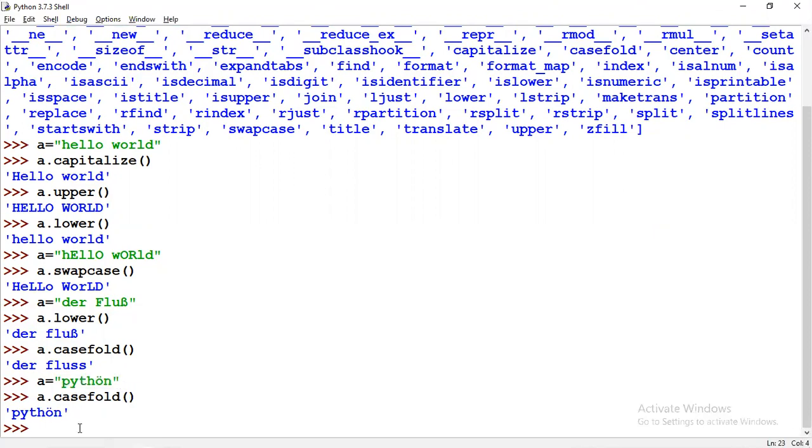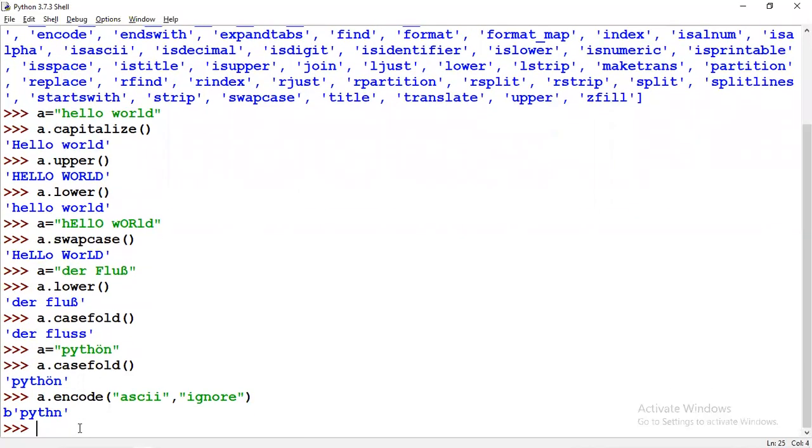So now what we are about to do here is a dot encode. So what it will do is it will ignore ASCII characters. So this O is a kind of ASCII character. It's going to ignore. So apart from the normal characters, normal letters, if it finds anything as an ASCII character, it will remove those things. After it's removed, we'll get an output in bytes. B means bytes. So we'll get it in a bytes format only. So that's what we are getting here. So this is the very first thing you need to understand.